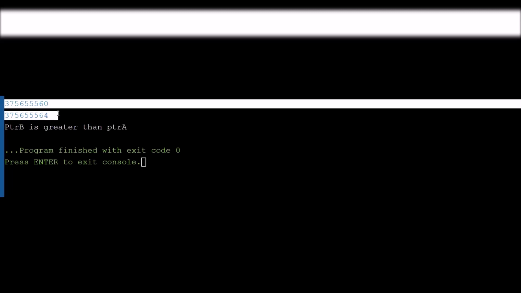So that means our pointer B is having an address value greater than pointer A. Pointer B is greater than pointer A in terms of their address values, not in terms of the values they are pointing towards.